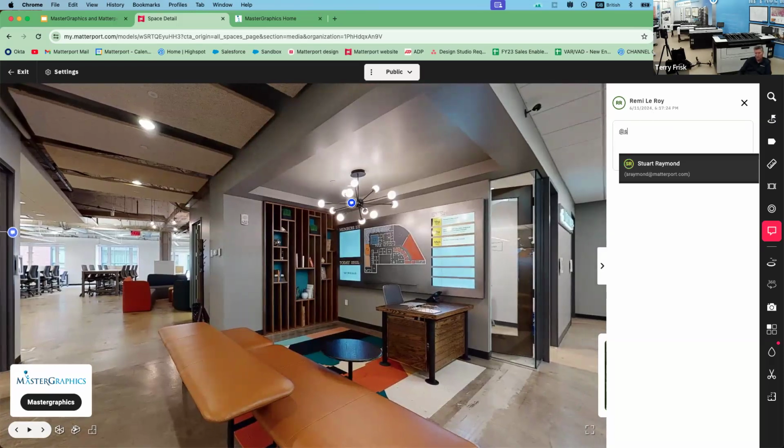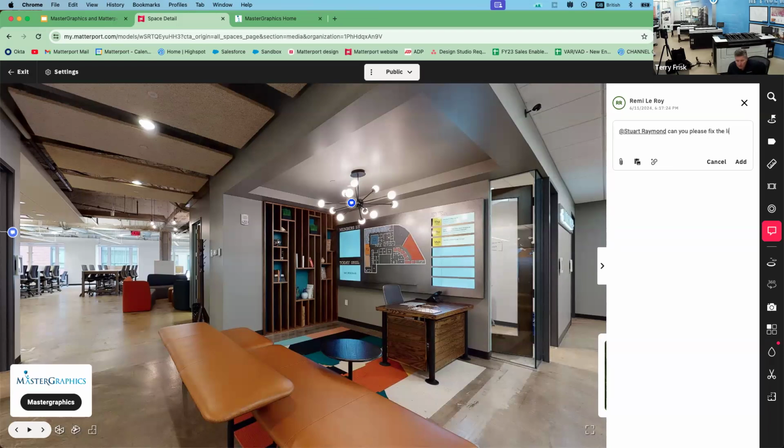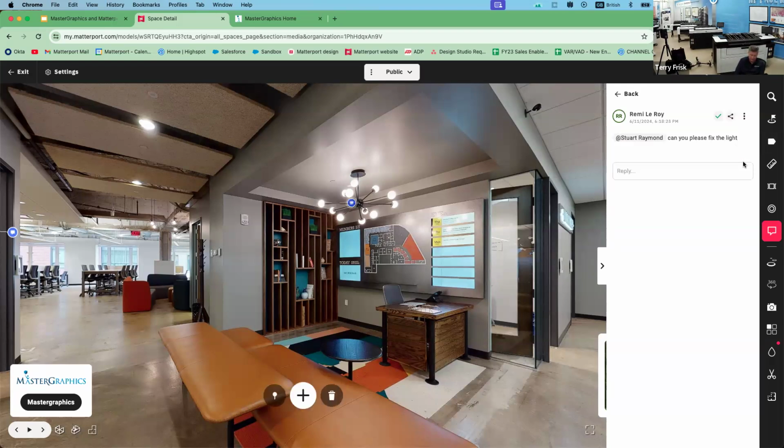Let's ask my colleague Stuart, can you please fix the light? What this is going to do is send an email to Stuart asking him to click on the link. The link will take Stuart directly to this exact location, and he will be able to see that there is a problem with the light and that it needs fixing. So by doing so, without moving from my office, I've literally just asked the collaborator to do a task directly